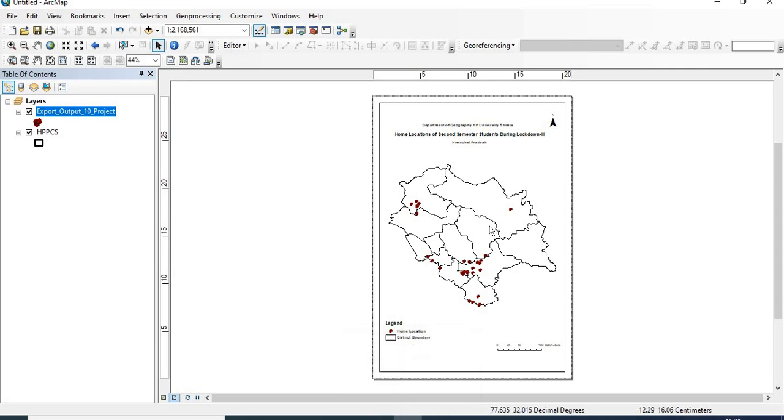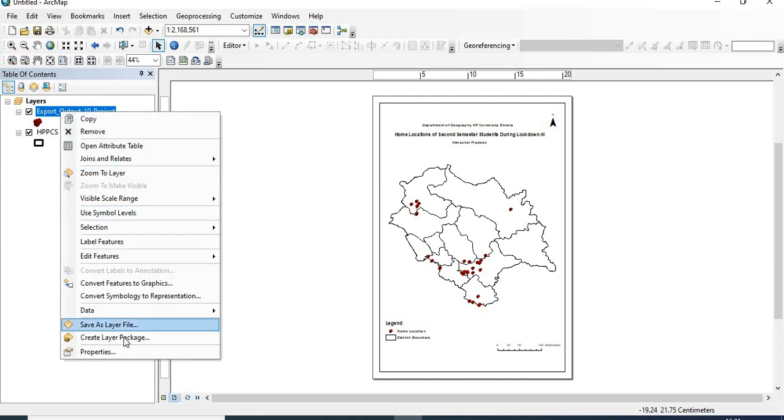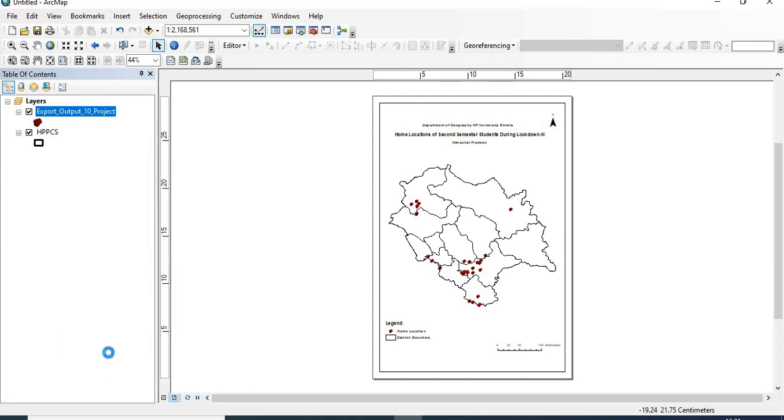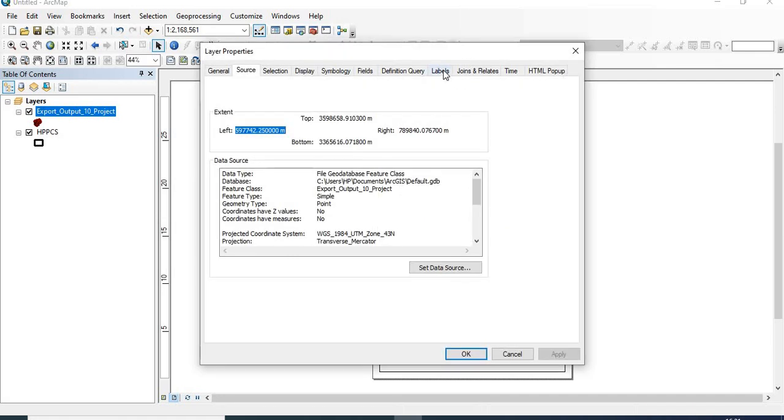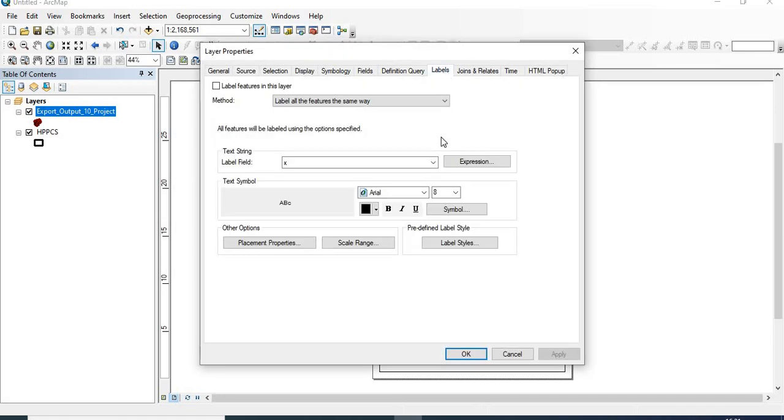For example, if you want to add the names of the students, right click on the properties, and we have the labels, and label field means student name.